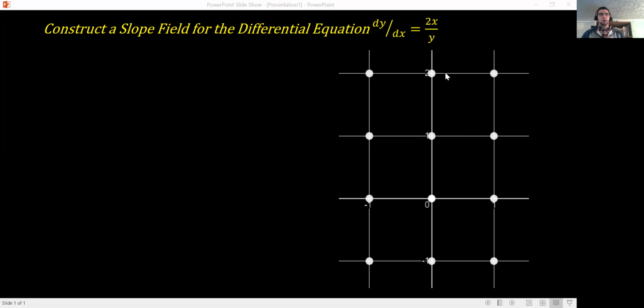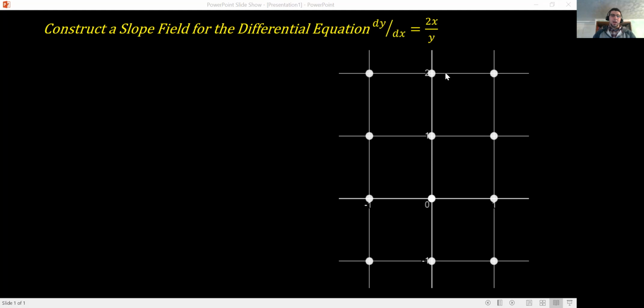And so what we're going to do is create our own table of values based on the points that are given on our graph. And typically when you're asked to construct a slope field by hand, you're usually going to have to do it between 8 and 12 points on a graph, maybe a couple more, usually not less than 8, but certainly not 30, 40, 100 points. Even though that would give you a more accurate looking slope field, it's just too much